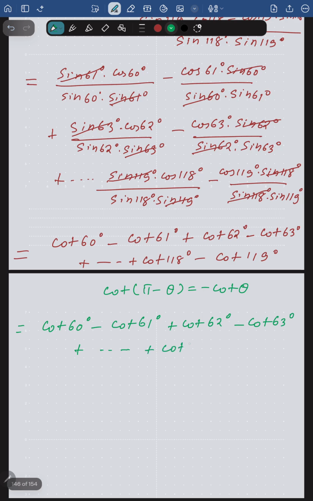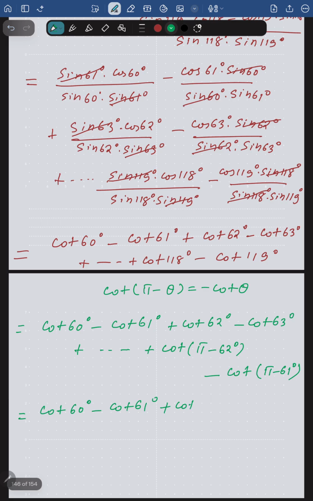Cot 118 degree we can write as cot of pi minus 62 degree, and minus cot 119 degree can be written as minus cot of pi minus 61 degree. So this will give you cot 60 degree minus cot 61 degree